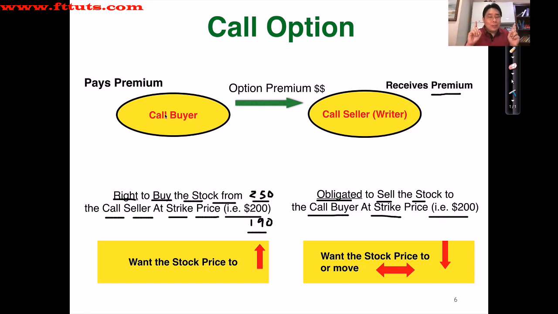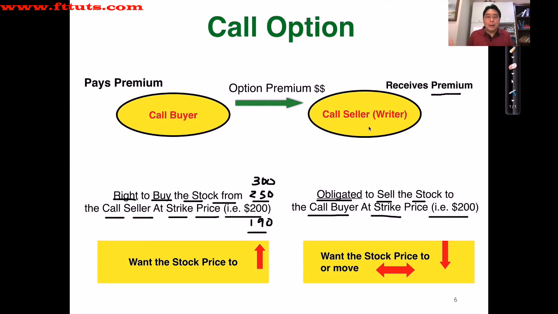But again, what if the share price goes up to $250 or $300? The call buyer is happy, right? The call seller is not too happy. Because if the share price goes up again to $250 or $300, what does it mean? It means that the call seller is obligated to sell the shares at $200, but it's now at $250. If the call seller already owns the shares in their portfolio, then no worries. They just take their shares and they sell it at $200 when they could have sold it at $250. So they say, well, I could have gotten a higher price, but I have to sell it at $200, whatever,